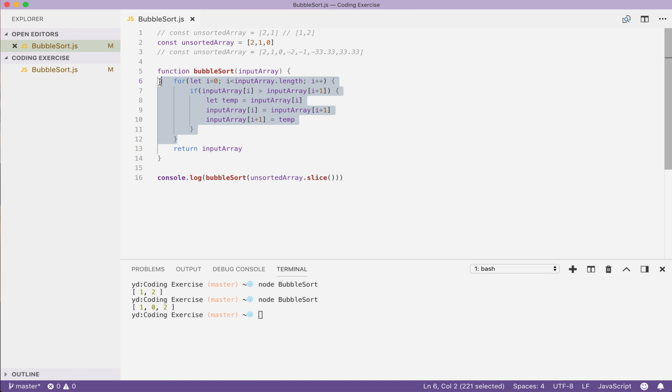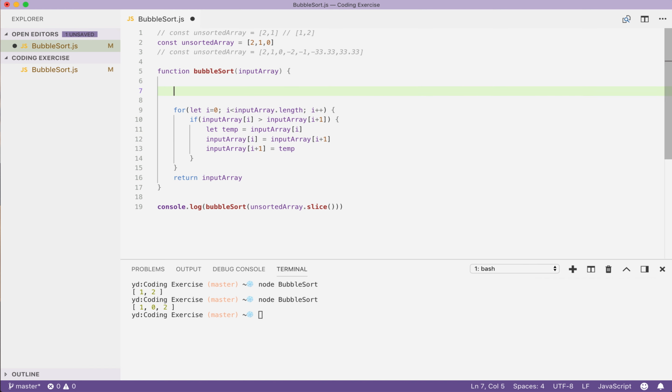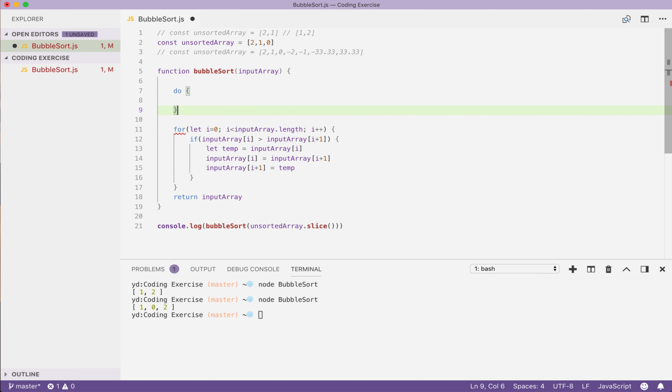We actually need to run this block of code multiple times until we cannot find an element that has bigger elements sitting on its left hand side. So to solve this issue, we can use a do-while operator in JavaScript, which is going to run the do block once and check the while condition. If it's true, then we run the block again and again and again until our while condition returns